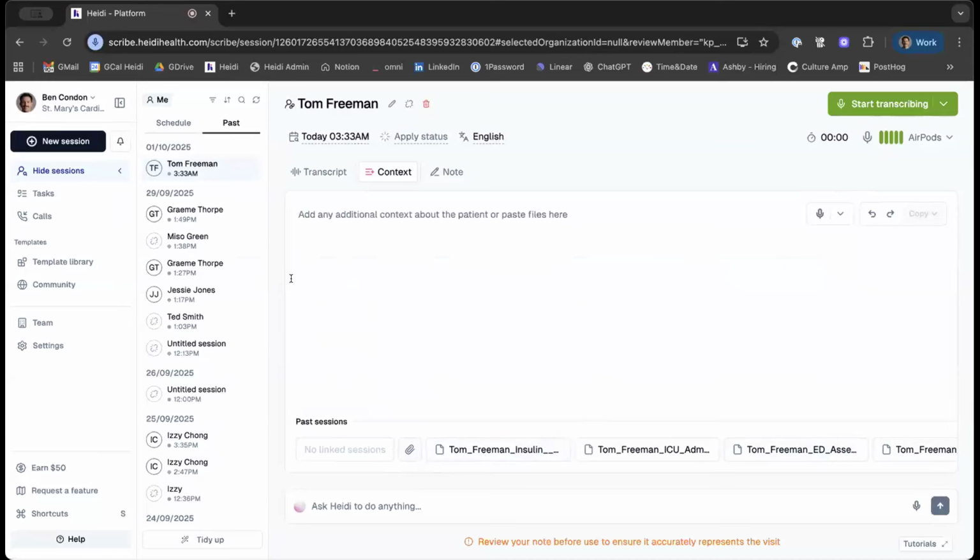Really important, you can drag and drop into context. You can also upload not just PDFs, but Word documents, JPEGs, PNG files, the works. So if you want to screenshot a list of medications from the EMR, or free text, you can put it in here. So this will be like,